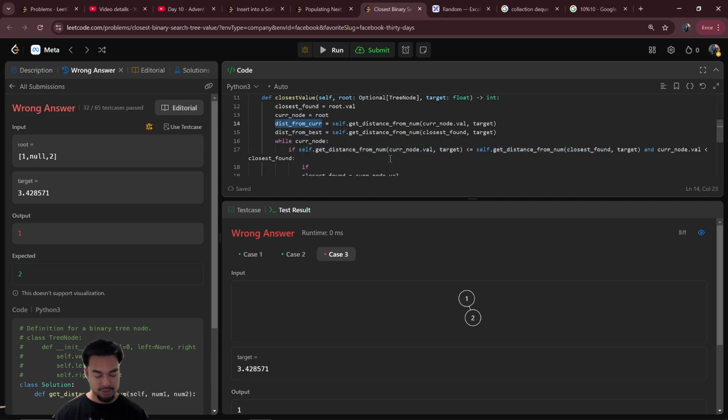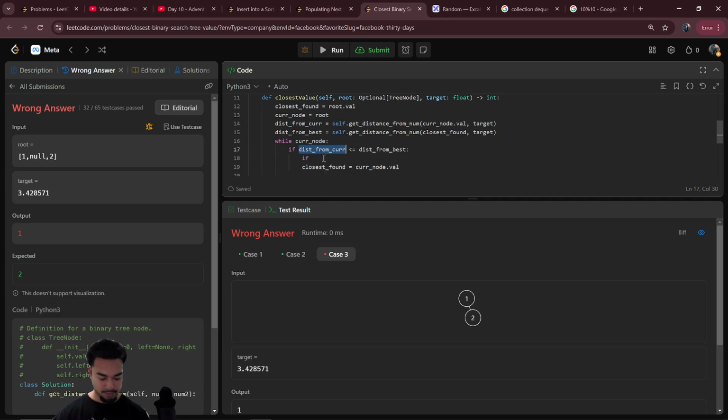So if the distance from current is less than or equal to distance from best, we're going to have to calculate some stuff. If they're the same,